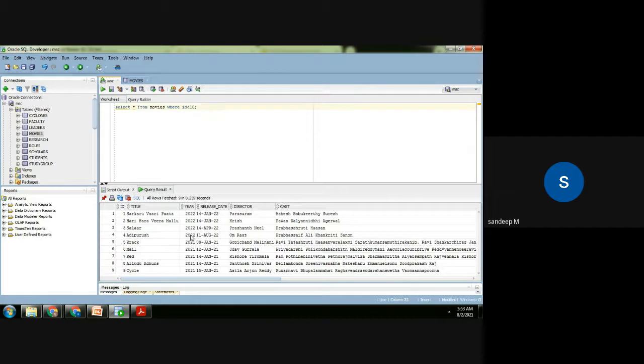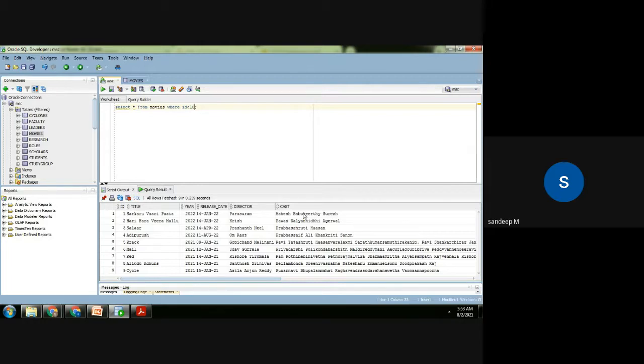These are all future films, not yet released. I think from 21 these are existing films. You have the year of release, the release date, the director and the cast. Individually the names are not given, so they're clubbed together. Say for example, here you have Mahesh Babu, Kirti Suresh and all. So real life data will be something like this. Okay, it will not be nicely formatted and all.